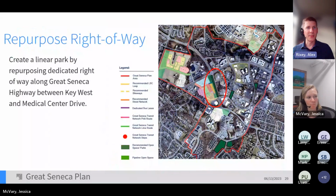And then the next big idea was one that I believe folks talked about last night, and there was some interest in, this idea of a linear park. And I apologize, I skipped over the one. Where the linear park is along Great Seneca stops where Medical Center comes in, and just to the south of there, the traffic volumes are similar, and the idea would be to repurpose those lanes for dedicated transit lanes as well. So repurposing the right of way for different purposes. To the south, it would be for transit, and to the north, it would be to build out a larger